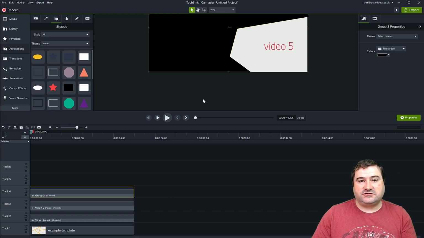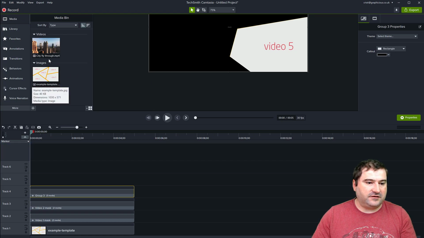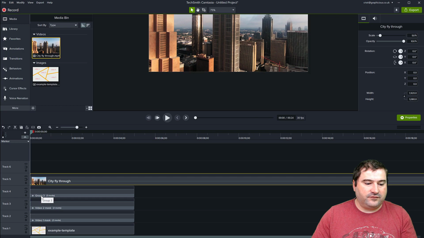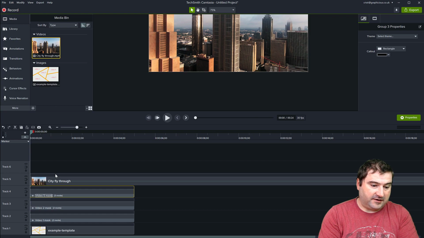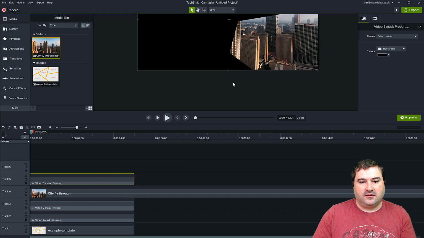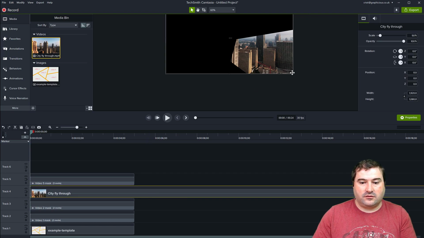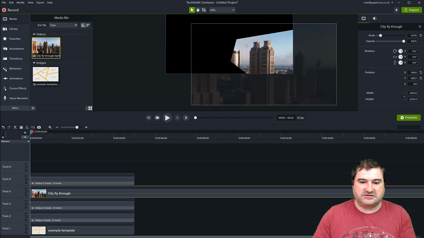And if I were to add a video now, so let me just show you, if I were to add a video to the canvas, I'm just going to bring in a video clip here and put it on the timeline like so. And I'm going to move video mask 5. This is 5. Let's rename it video 5 mask. If I move this on top, so above the video clip, so this is how you actually apply these effects to the clips. So let's suppose that this is your clip here. So you can move it around, resize it. That's my, I guess that's building. I want to see that through.